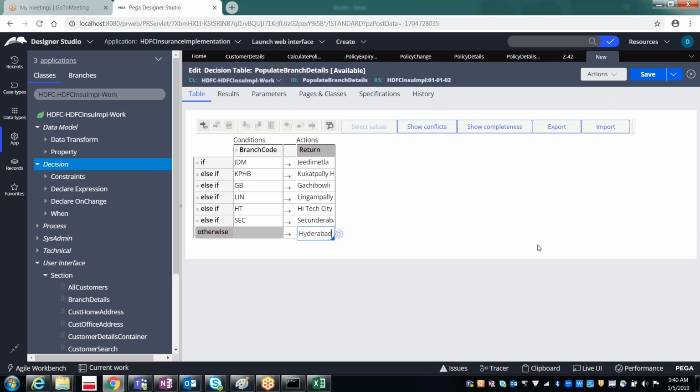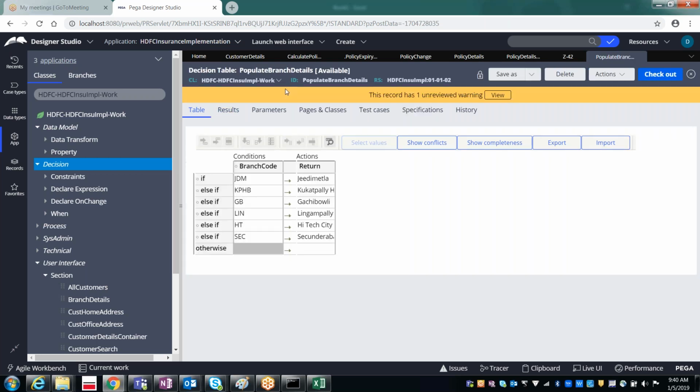So if it doesn't match with anything, then I would like to give Hyderabad. Otherwise, if you don't want to give anything, then you can give it blank so that it will return blank into that.